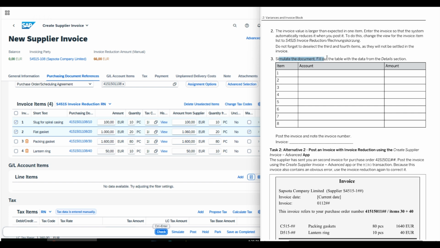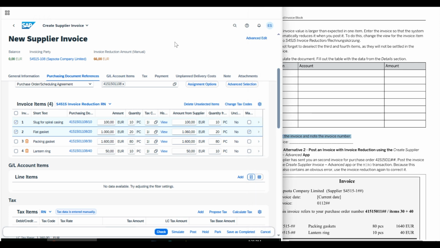Simulate the document and fill out the table and then post and note the invoice number. So here we see that we have a balance which is okay, but we have here the invoice reduction amount manual for 66 euro. So we can simulate